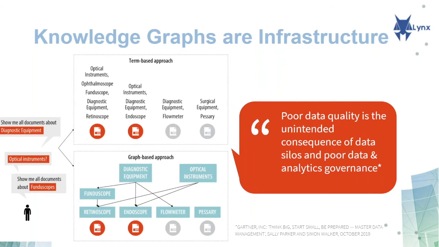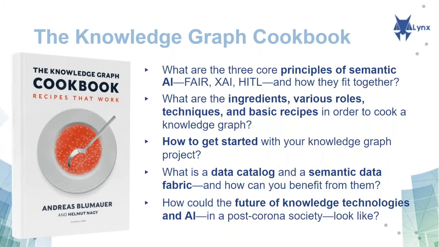You see it in the little example, the difference between also classification, and you see it's a graph, so things are interlinked with each other. And the legal knowledge graph of Lynx also is a kind of an infrastructure, because everything we do, all the pilots are built on top of our legal knowledge graph as the data and document infrastructure. And Victor will tell us a little bit more what is inside. I have to finalize here the introduction into the knowledge graph.